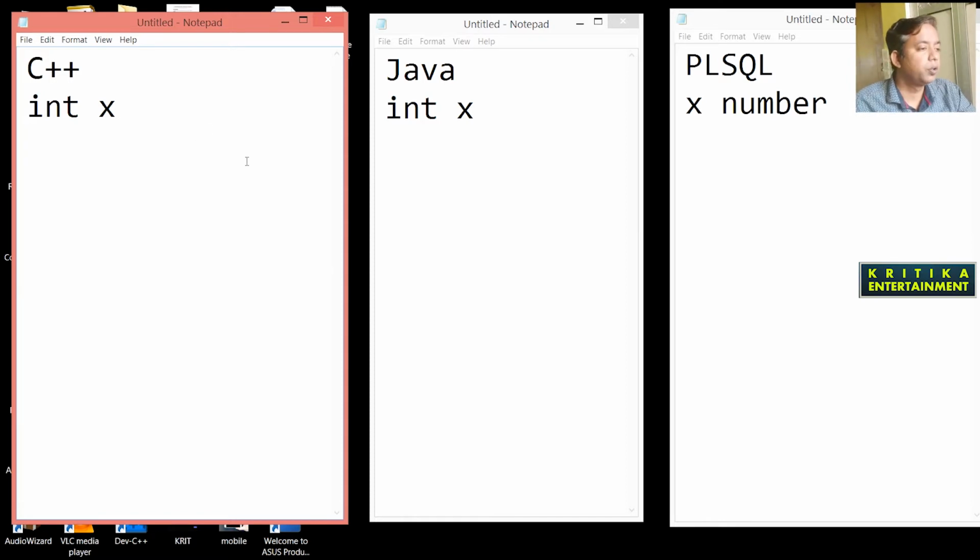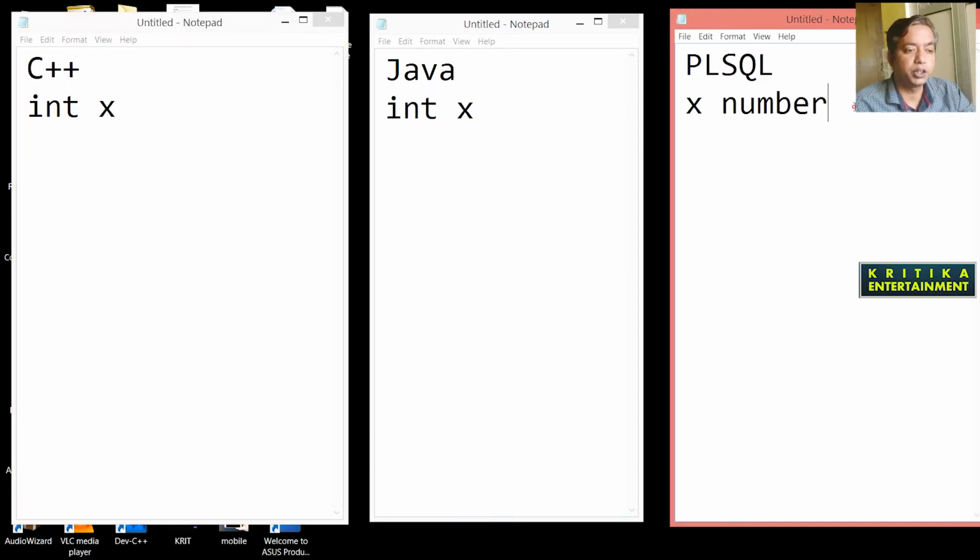In C++ we do not declare any exception variable, and in Java also not. But in PLSQL, remember I have declared one variable, suppose e, for divide by 0.